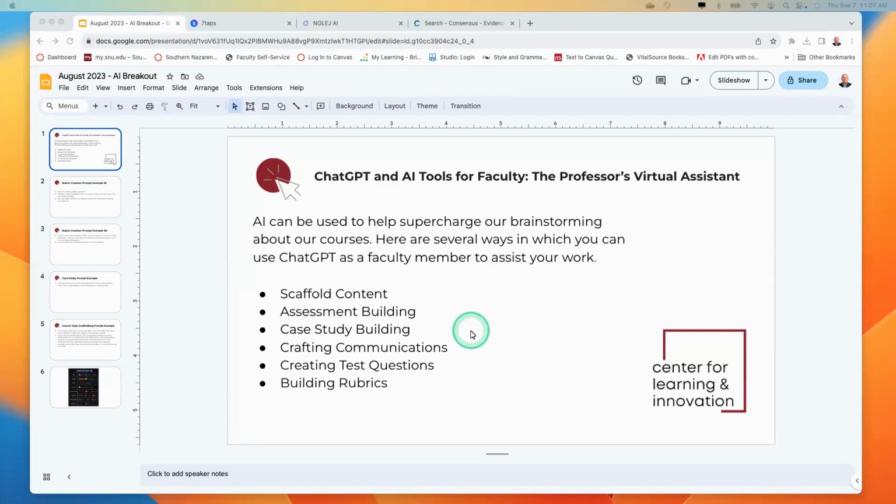And it mainly can be used for you as a faculty member to supercharge your brainstorming about your courses. There are several ways that you can use ChatGPT as a faculty member to assist your work. And we're just going to scratch the surface in this very short video that we talked about in face-to-face session there on campus. But one of the things that you can do as a faculty member is you can scaffold